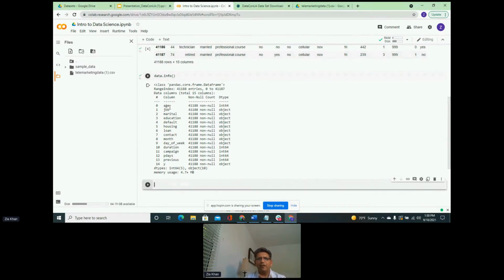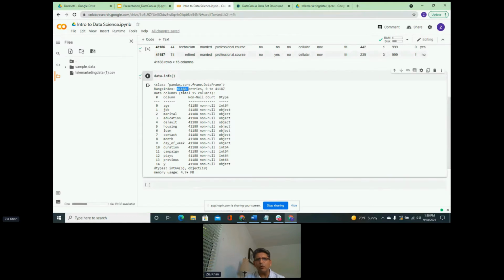So we have a total of 41,188 rows. We have 15 columns. These are our column names. So age, job, marital, education. These are our column names. This is how much of the data is non-null.